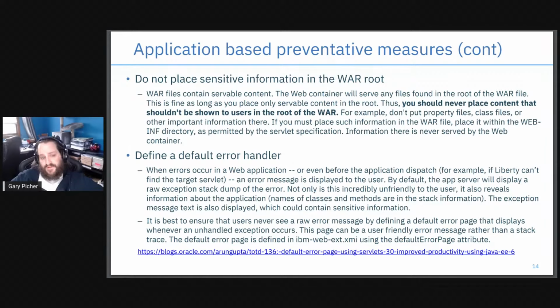Next recommendation: define a default error handler. By default, if a user is accessing your application and something happens, even if it's an application bug or an exception, the default behavior of Liberty is to send back an error page that includes some diagnostic information, potentially even a stack trace of whatever the problem was. This is one of those features that's great for developers, but terrible in production. For developers, it's very handy to see the stack trace right in the browser if there's a problem. But in production, not only is that ugly to a typical user, but to a hacker, that provides valuable information